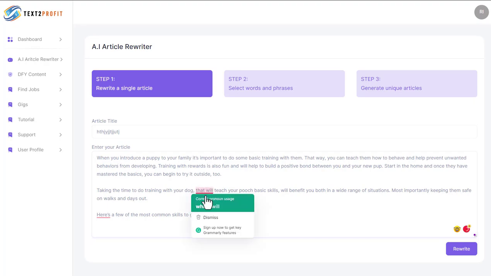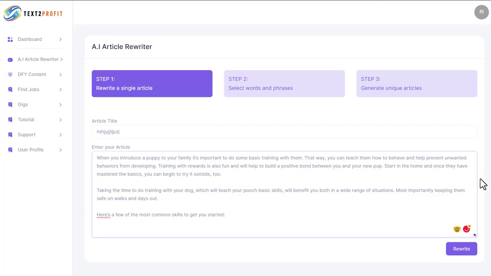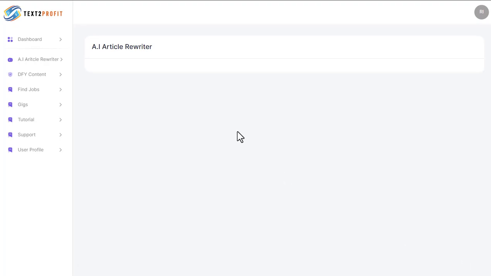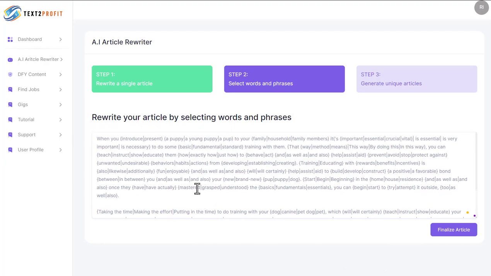So what we're going to do is have a look and change some of this stuff. See, I've got my own AI intelligence on it, Grammarly working for me, and then we're going to rewrite this. Now let's see what it brings back. All it's doing is giving me different versions or different words that I can actually put in here to make this article unique. So I literally now have to go through here and cut out words, select phrases, delete things, and basically go through the article doing this to get this into some kind of unique article for me.